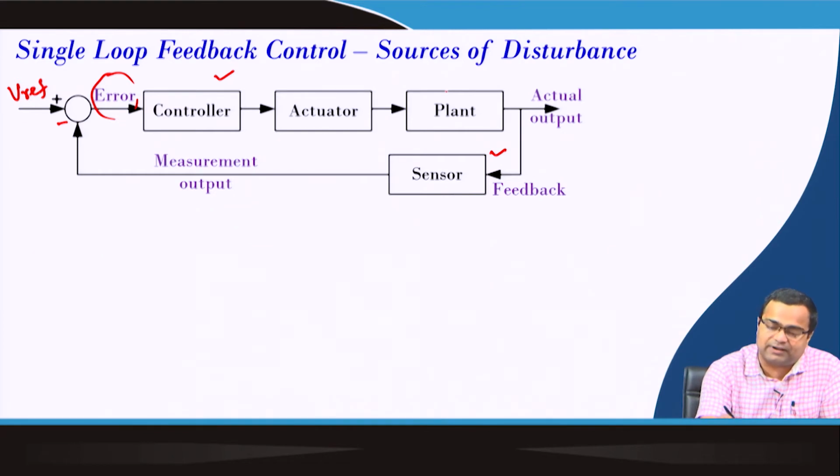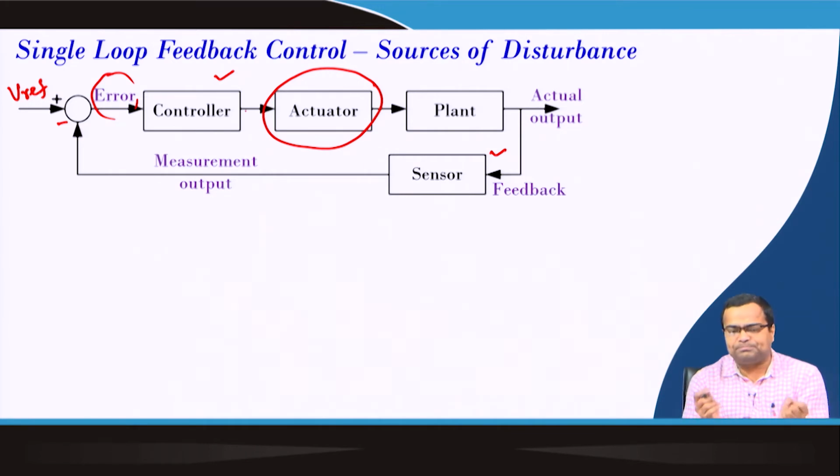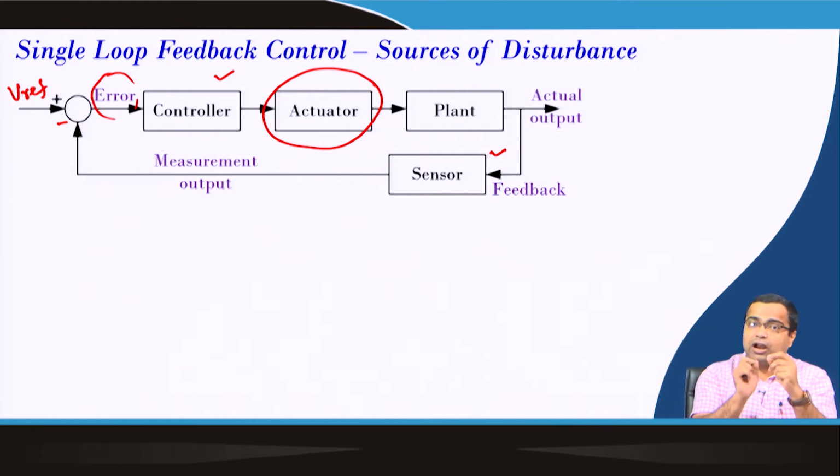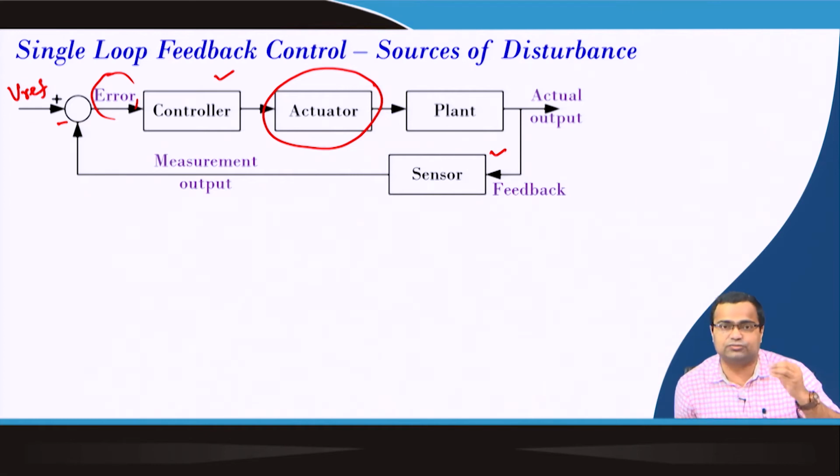So, in a power converter we will find that the controller is implemented using an op amp, but the actuators are typically driver circuits, because whatever gate signal we generate in terms of the modulator, this includes the modulator and driver latch. Ultimately that signal should turn on and off a switching circuit. That means it should have sufficient current to turn on the switch within a reasonably small time, which requires a driver circuit. This is because it has to turn on and turn off power MOSFETs, power devices.